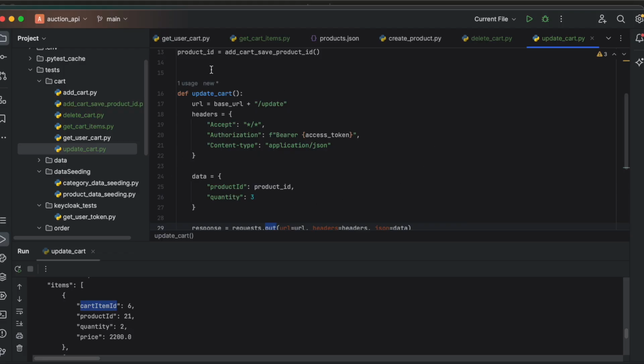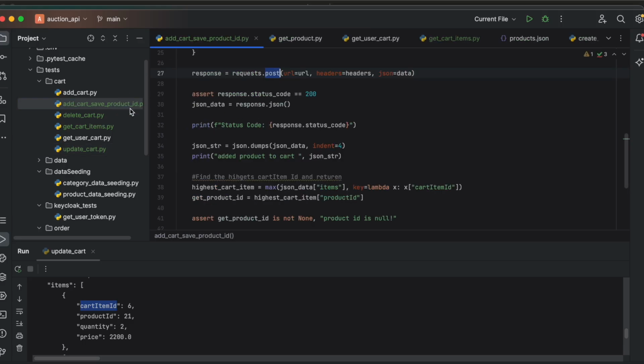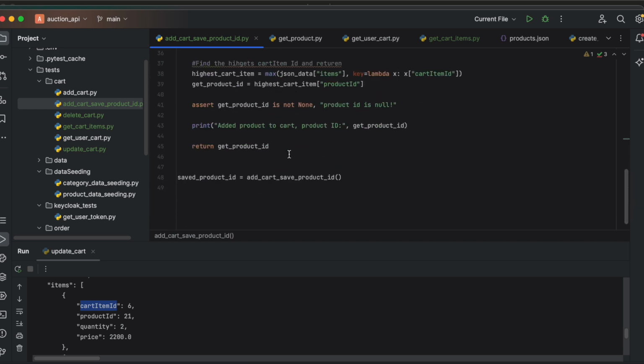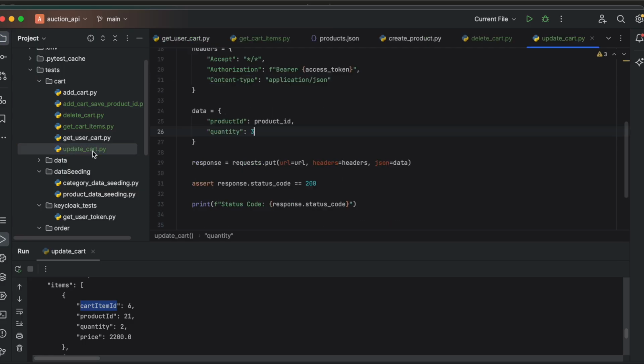So to save it, I'm going to do this thing, and then I'm going to pass the quantity that I want to update it to. So here it is one quantity, one quantity here. When we update, we want it as 3 quantities. Okay,